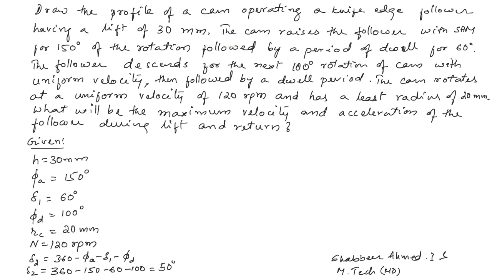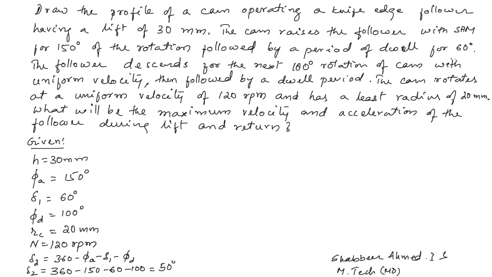The cam raises the follower with simple harmonic motion. So the motion of the follower when it rises from the lowest to the highest position is with simple harmonic motion, and it is for 150 degrees of rotation of the cam. It means when the cam rotates for 150 degrees, the follower must rise from the lowest to the maximum height of 30 mm. So during the first 150 degrees of rotation of the cam, the follower must rise a height of 30 mm with simple harmonic motion,